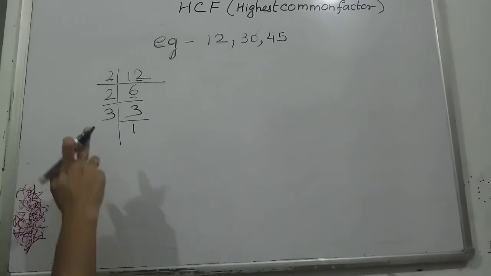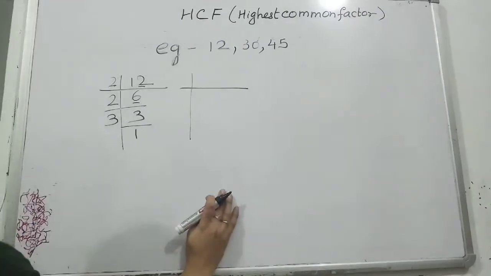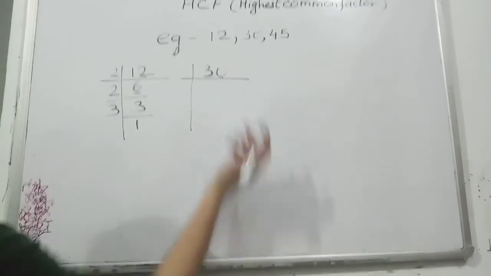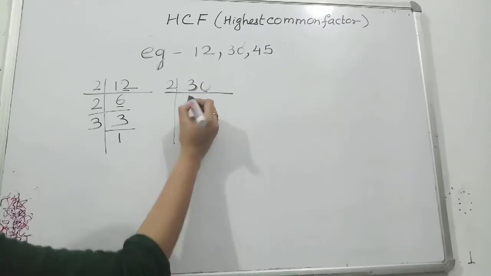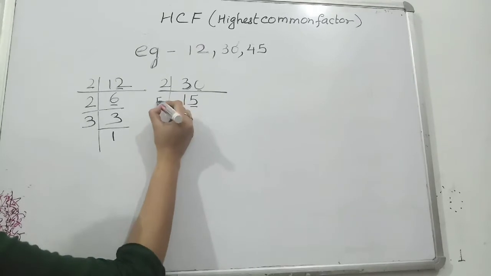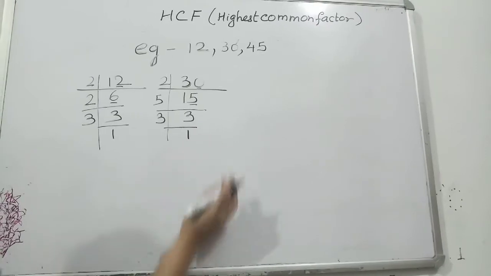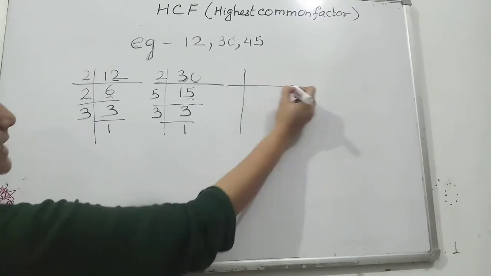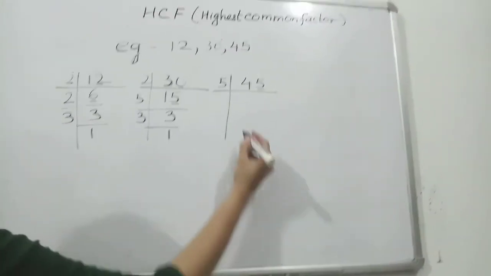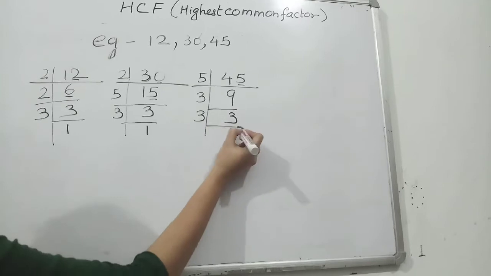All these numbers should be प्राइम नंबर ही होने चाहिए, कॉम्पोजिट नंबर हमें नहीं लेना है. नेक्स्ट आई एम गोइंग टू टेक 30. Again this number is an even number, so it will be cancelled by 2, giving 15. This number ends in 5, so it can easily be cancelled by 5. 5 3s are 15. Then I will take 3, 3 1s are 3. Okay. So next I will take 45. This number ends in 5, so I will take 5 9s are 45. 3 3s are 9, and 3 1s are 3.